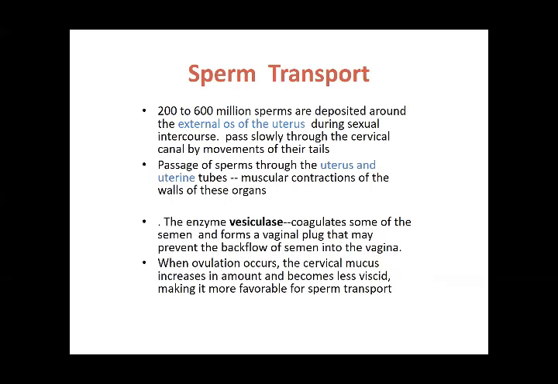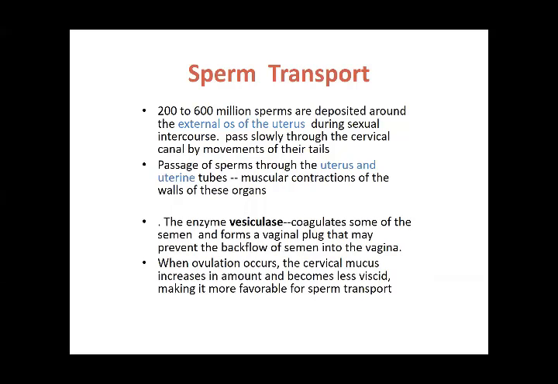Now, sperm transport: about 200 to 600 million sperms are deposited around the external walls of the uterus during sexual intercourse. They pass through the cervical canal by the movements of their tail. Passage of the sperms through the uterus and uterine tubes is by muscular contractions. Once they are lodged in the cervix and vagina, there is an enzyme called vesiculase. It forms a plug in the vagina and prevents the retrograde flow of these sperms